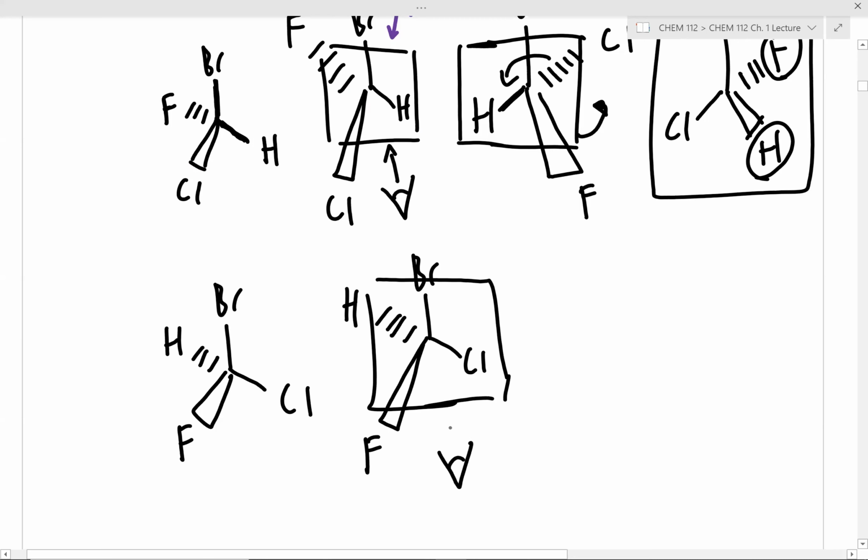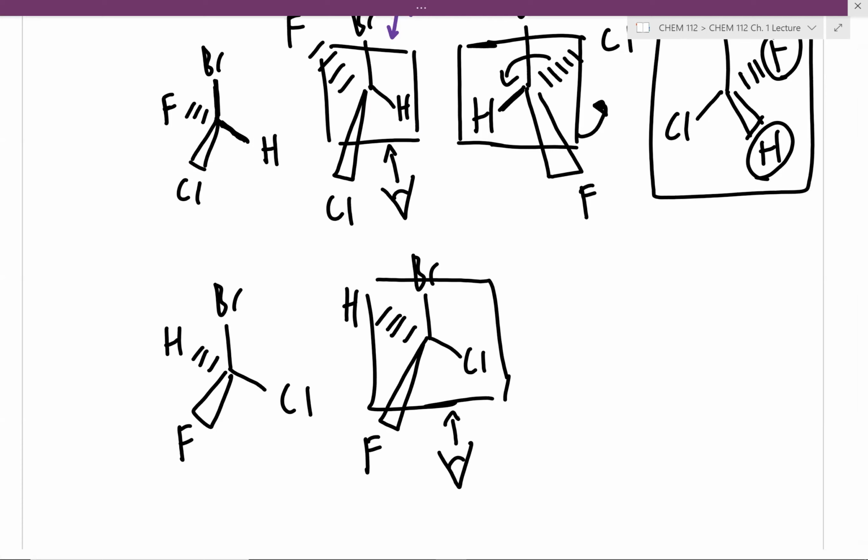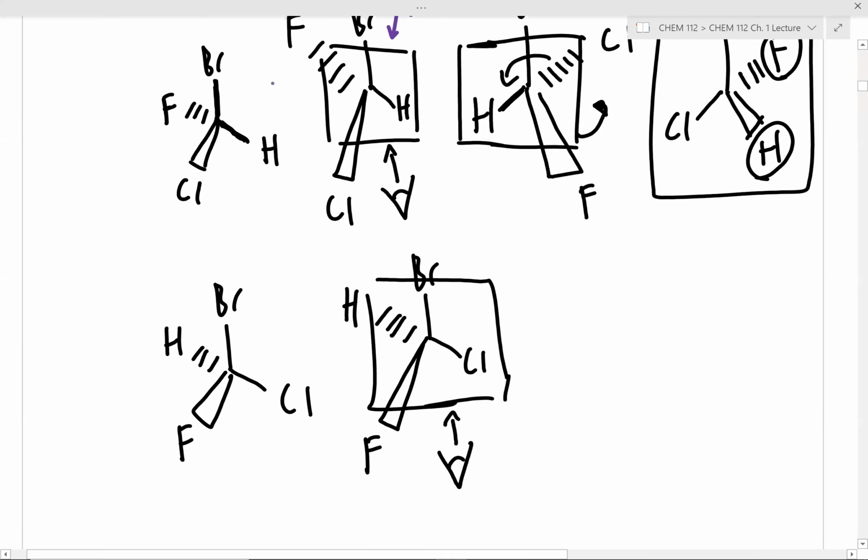Now, we're currently looking at it from the front, right? A quick way to change the relative position of your line substituents is just to pretend like you're looking at your structure from the back. Okay? So when we look at our structure from the back,